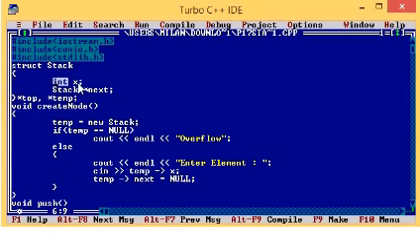How many bytes? Integer occupies 2 bytes and stack star is also a pointer. Every pointer occupies 2 bytes. 2 plus 2, 4 bytes. So 4 bytes of free memory is allotted for temp. But content is not prepared for temp. Only memory is set aside for temp. Now what are we supposed to do? After setting aside memory, we will see whether temp is still null. If it is still null, what does it mean? Memory is not allotted properly to temp. So we will display a message: we cannot create, overflow.